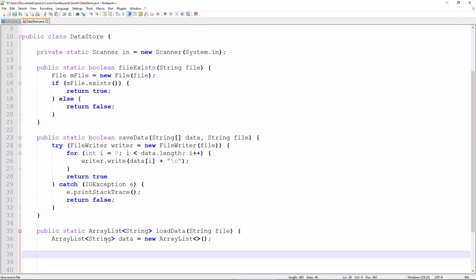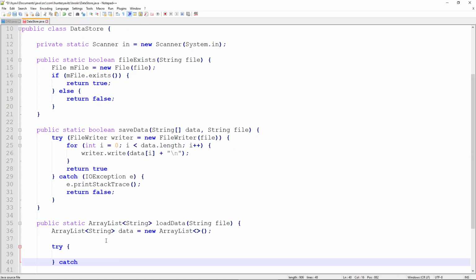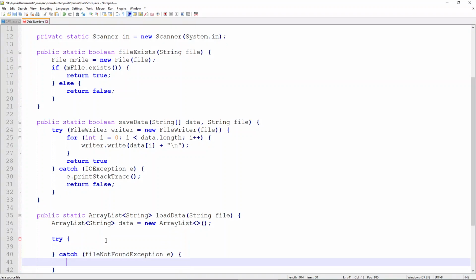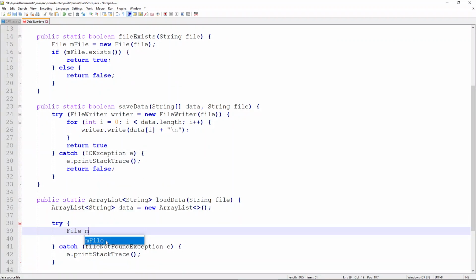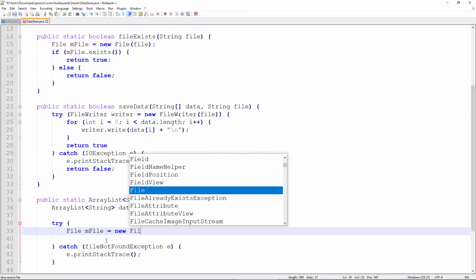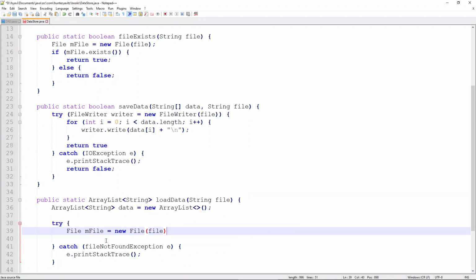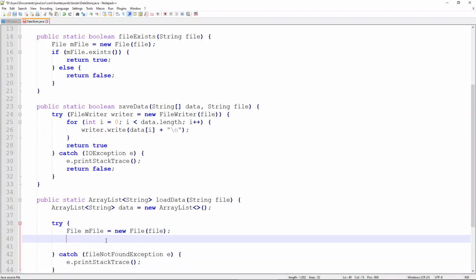And we'll also need a try catch block here. So let's try something and catch a FileNotFoundException that we'll name e, and we'll print that exception to the stack trace. Okay, so in the try, let's declare a file called mfile. We'll set it equal to a new file object, and we'll pass through file as the file name. And then we're going to do if mfile exists,